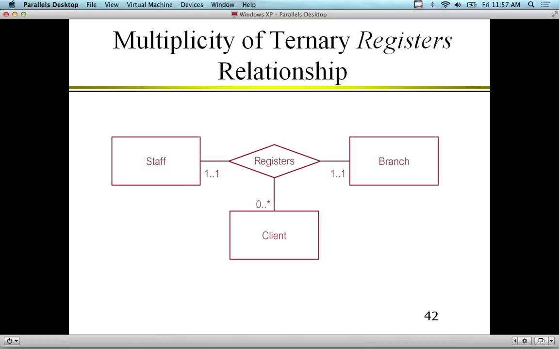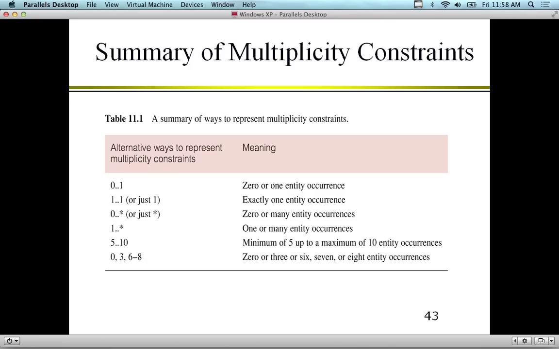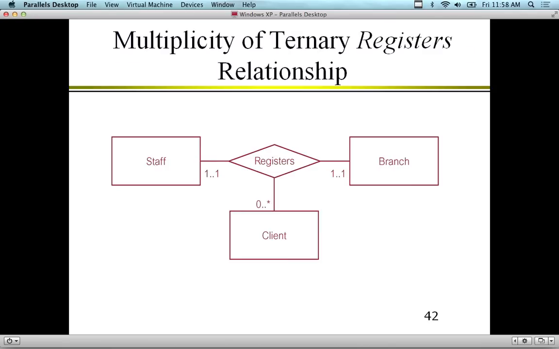Because this actually turns into 1, 2, 3, 4 tables. So, which if you did this incorrectly, it would be 3 tables. But this is really a 4-table database. So this relationship doesn't always turn into a table. And in this particular case, we don't have to put attributes because there are no attributes associated with that relationship. Instead, we're going to end up with a staff table, a branch table, a client table, and